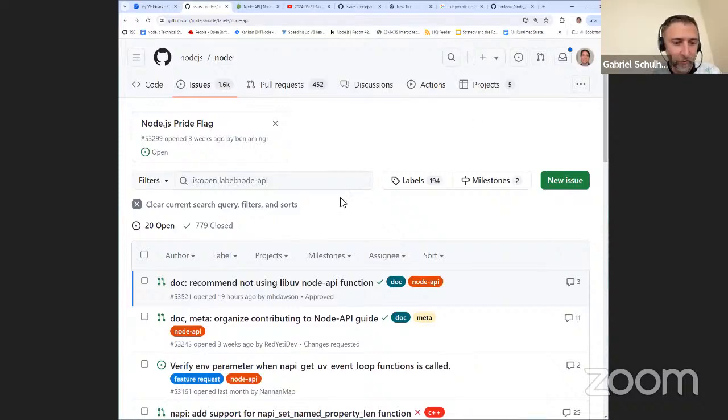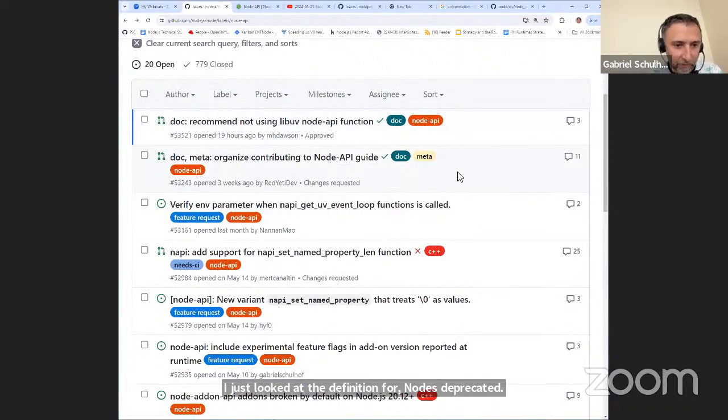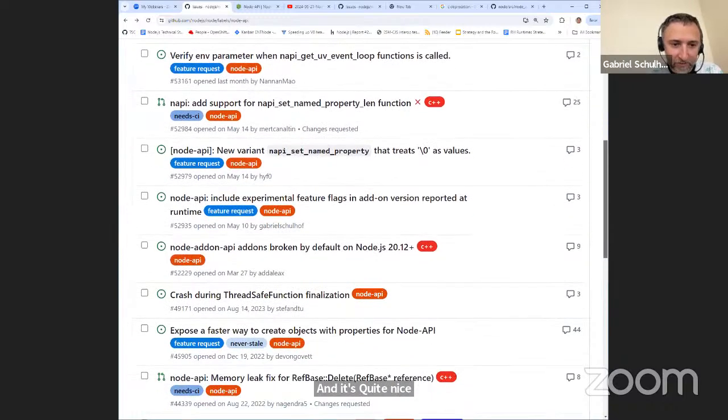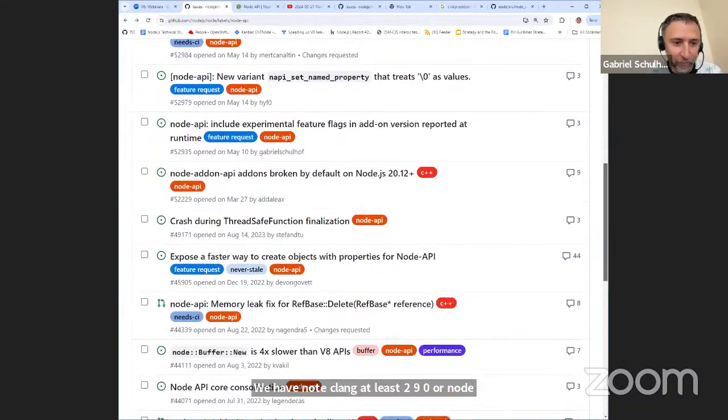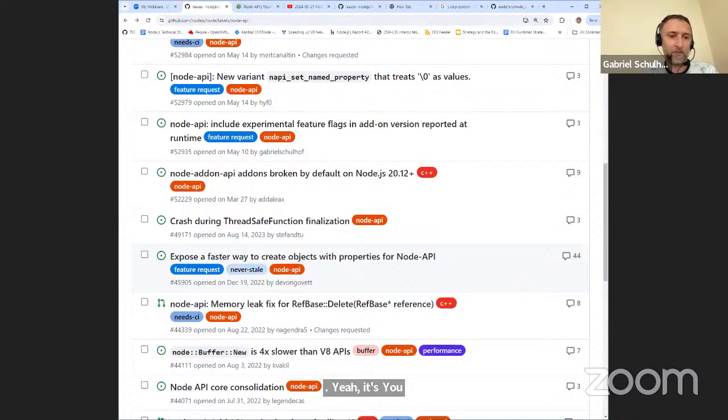I just looked at the definition for NODE_DEPRECATED, and it's quite nice. We have: if NODE_CLANG_AT_LEAST 2.9.0 or NODE_GNUC_AT_LEAST 4.5.0, define NODE_DEPRECATED as attribute deprecated. We have declspec deprecated there. So it takes care of a lot of it for us, I think. And from what I can tell at a cursory glance, we could pull this out of here and just create, I don't know, a node_c_macros.h, which can then be included everywhere, and we can reuse it for